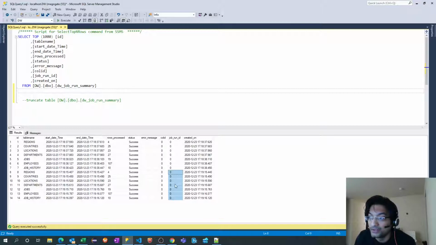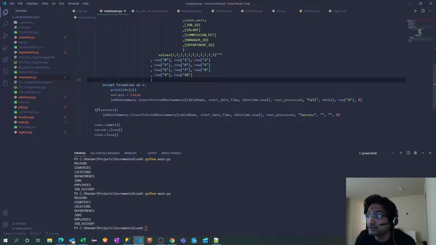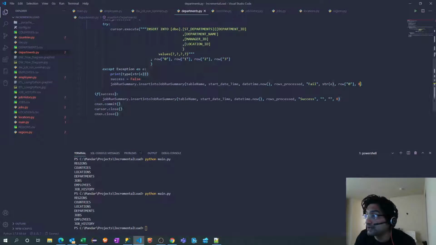So the job run ID should tell us how many times a particular job has run. Now why are we seeing this 0? Because in the last video we passed that value as 0, hard coded, in every function call. Now ideally this value is supposed to be a variable,